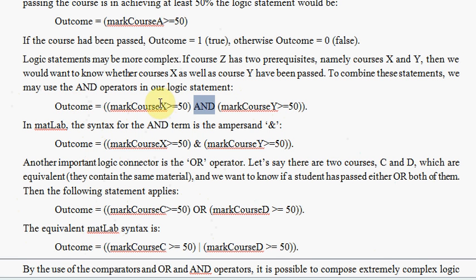If on the other hand, this was true and that was false, then that's 1 and 0. 1 times 0 is also a 0. And if they're both false, it's 0 times 0, that's a 0. So mentally, in the same way that we're trying to convert a statement like this to a 0 and a 1,